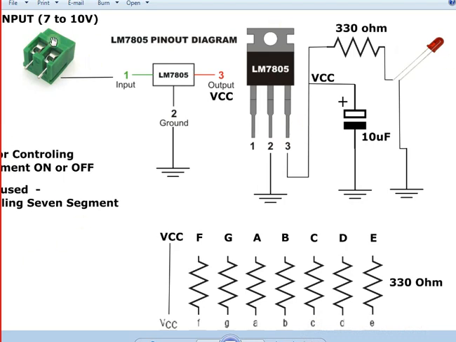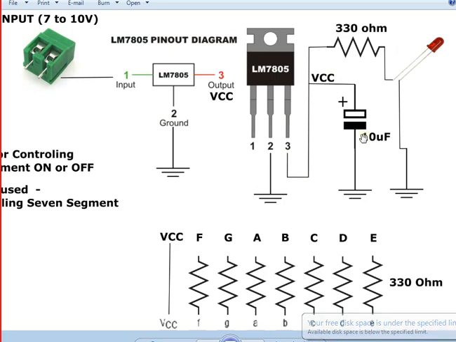Just like I told you, there is going to be an input and this is going to be a regulator. Now what is this regulator? This regulator, as the name suggests, is a regulation device which is going to take some input. Here this is 7 to 10 volts. It's going to take it on pin number 1. Pin number 2 is grounded. Pin number 3 is going to give out. Now this is 7805. 05 suggests that this is going to give me a 5 volt output,